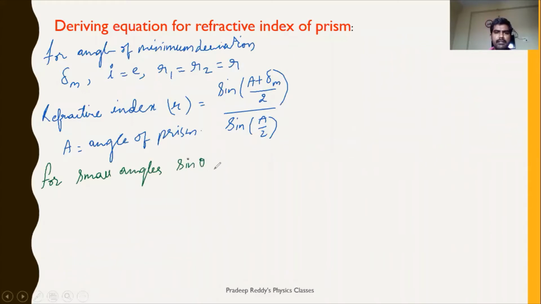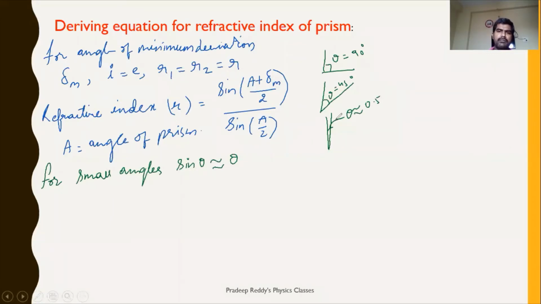sine theta is approximately written as theta. For small angles, sine theta is nearly equal to theta. Small angles in the sense theta is a very, very small value. Like for example, what is the angle here? Theta is equal to 90 degrees. Suppose if you are decreasing to half, what is this angle? Theta is equal to 45 degrees. These are large values. Suppose you are taking this as the angle. Okay. This angle is very small. Theta is nearly equal to like 0.5 or 0.1 or like that.